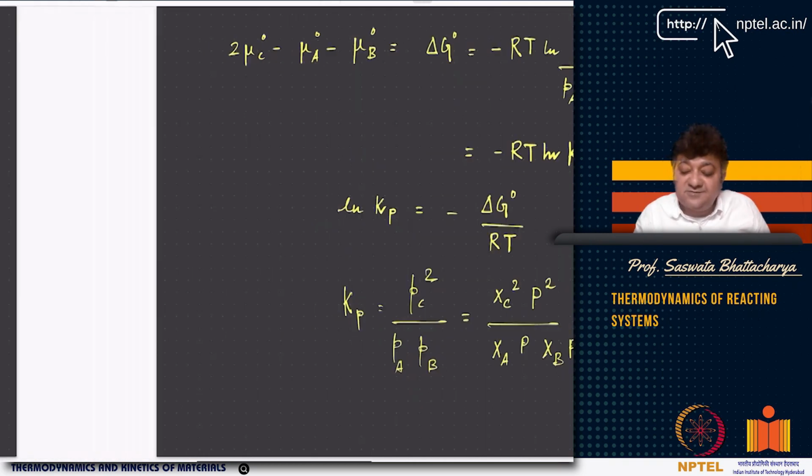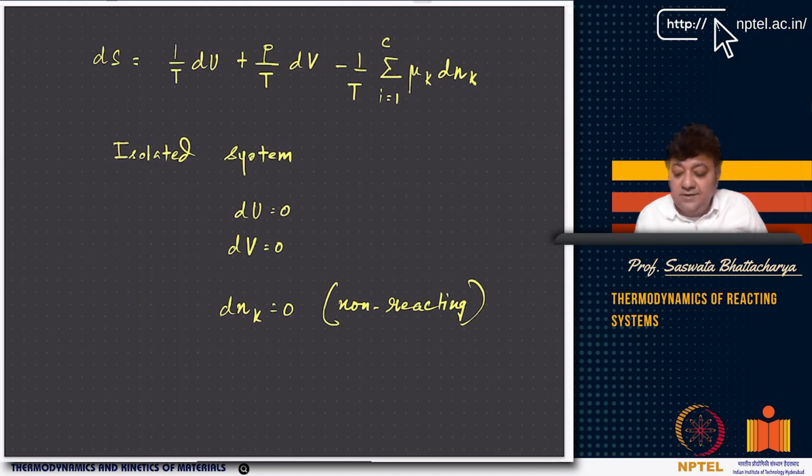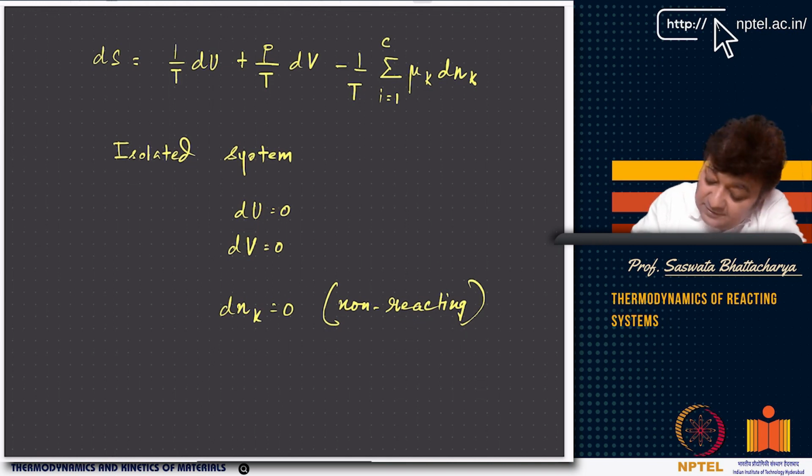Again, this is not general, this is for a special case, but we can write a generalized equation like that. Now think of this: when you do equilibrium, what you do is extremize entropy. You maximize entropy, and if you use an isolated system, you apply what are called isolation constraints, like total energy cannot change and total volume remains fixed.